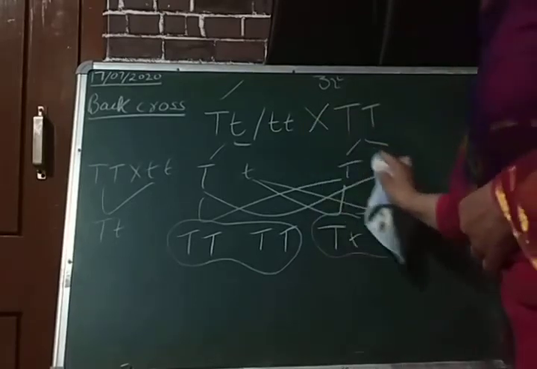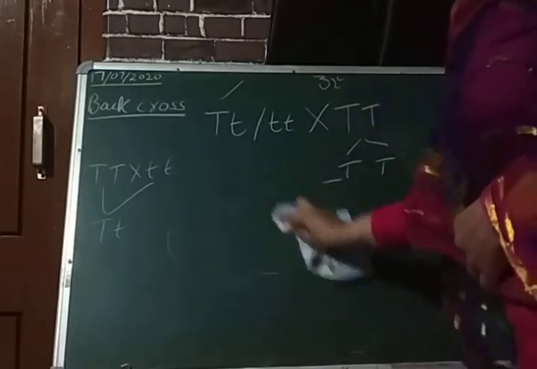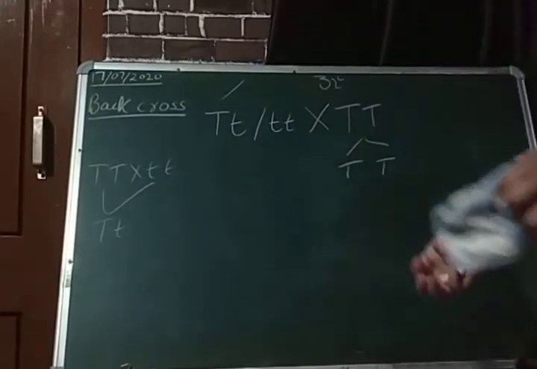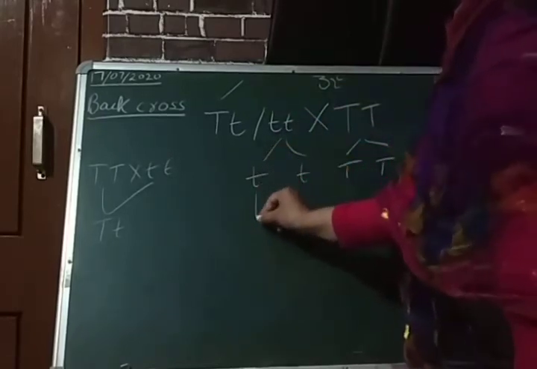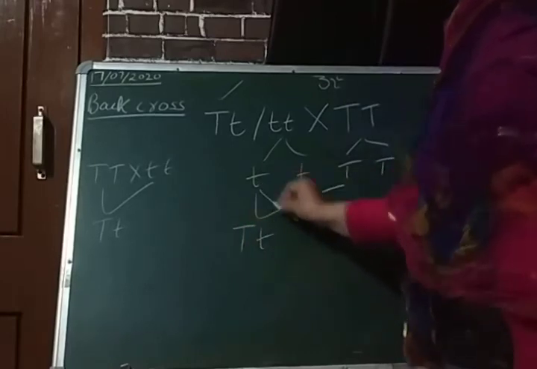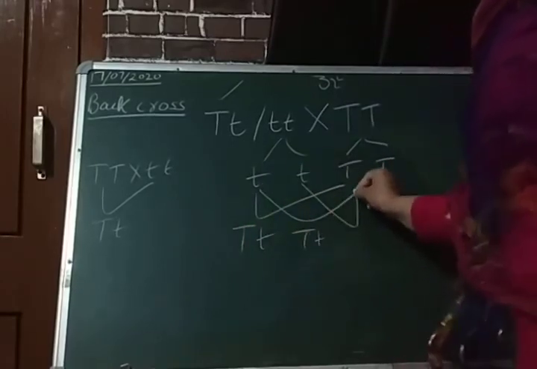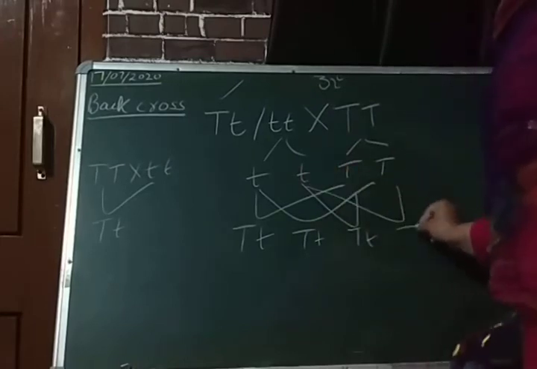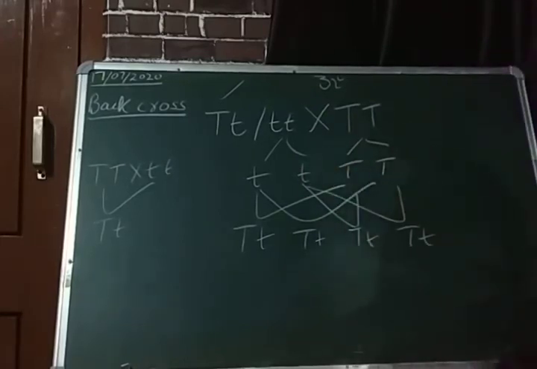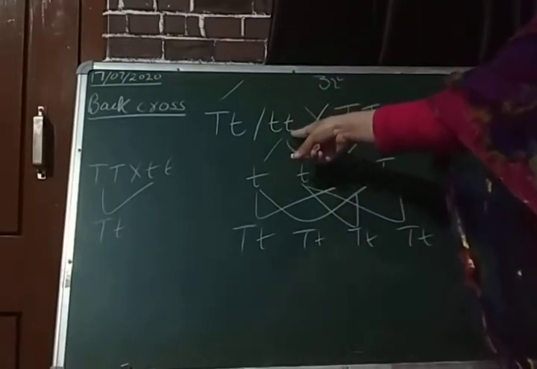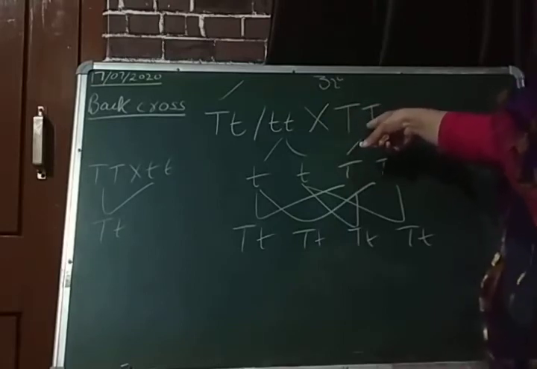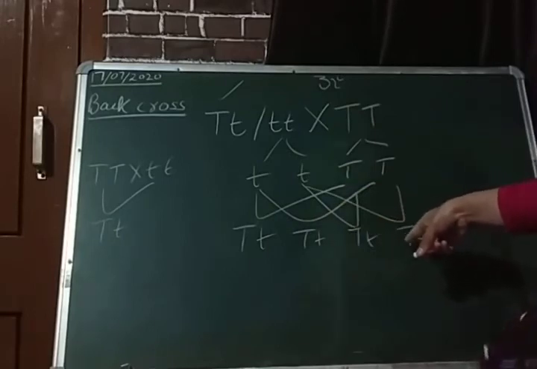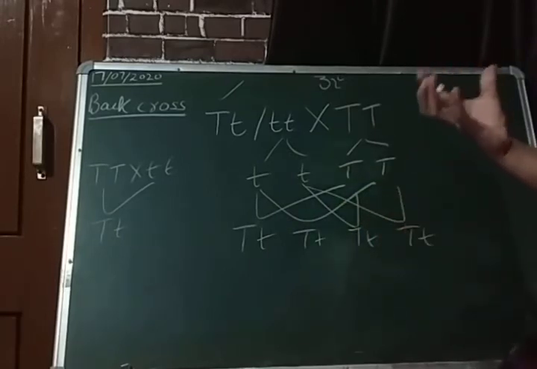Okay, and now I will take the F1 generation, which is your small t, small t. Okay, it will produce two types of gametes, and the quality which I will get in my next generation would be capital T and small t. Okay, I don't want the plant to be dwarf. I want the plant to be tall. So in that way, I will cross it with your homozygous dominant parent, and whatever I find in my next generation, it would be all tall plants.